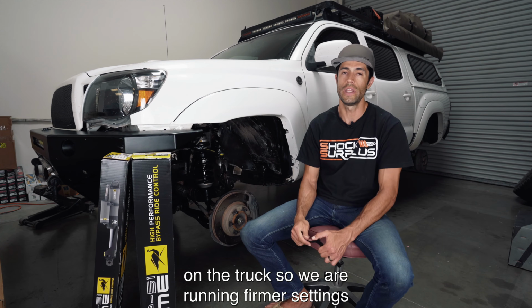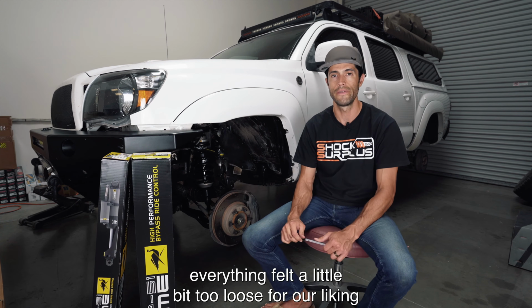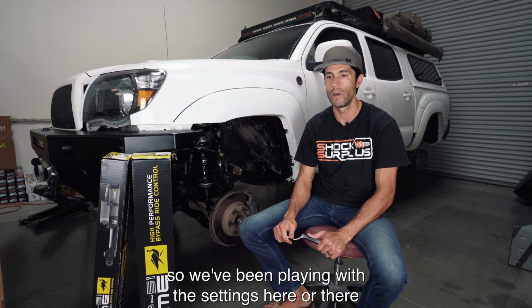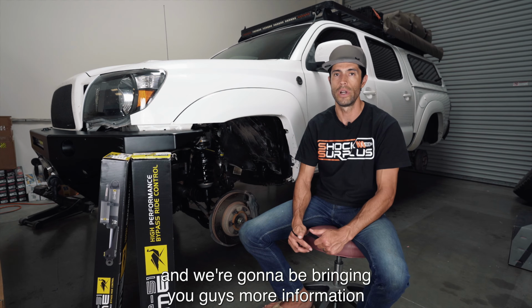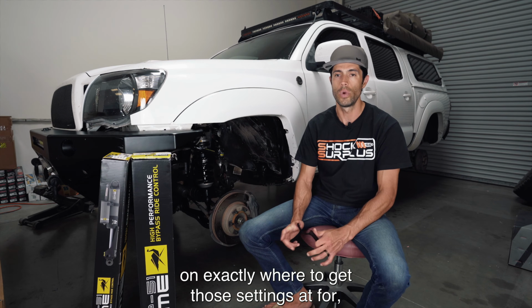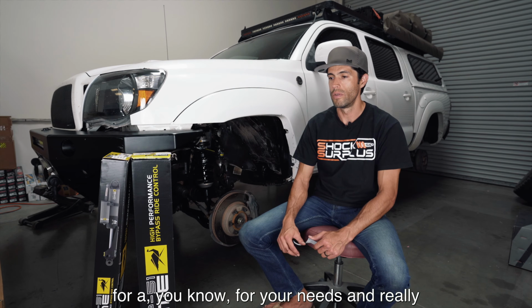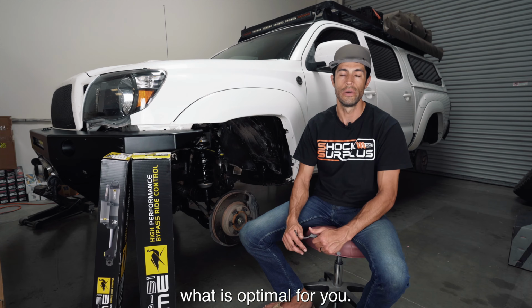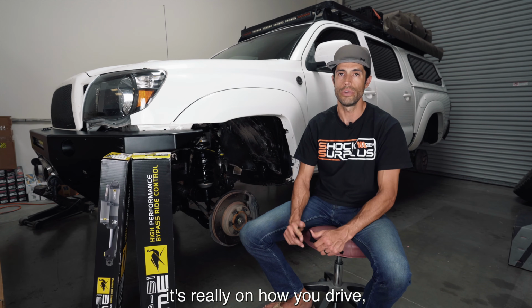So we are running firmer settings in the back than in the front, but out of the box, everything felt a little bit too loose for our liking. We've been playing with the settings here and there, and we're going to be bringing you more information on exactly where to get those settings for your needs and what is optimal for you. There's not going to be one solution for everybody. It's really about how you drive,